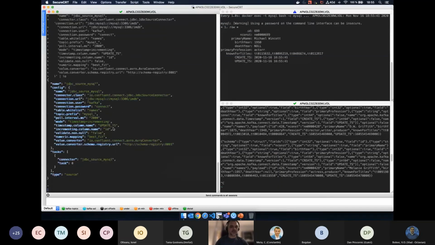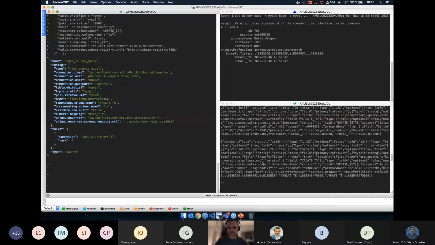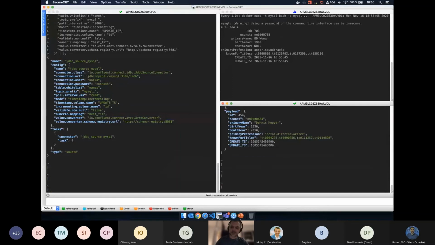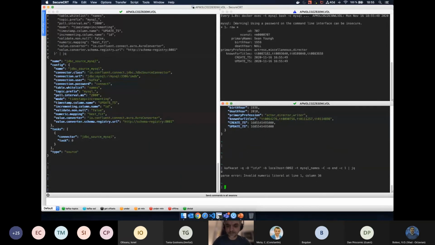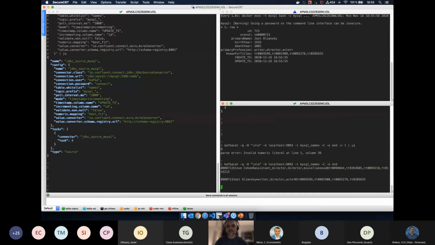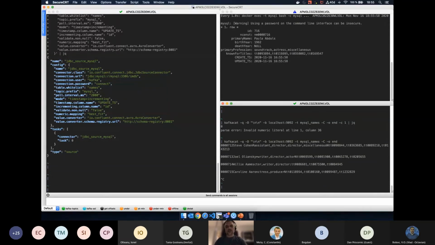So let's change the configuration and read information from our topic.